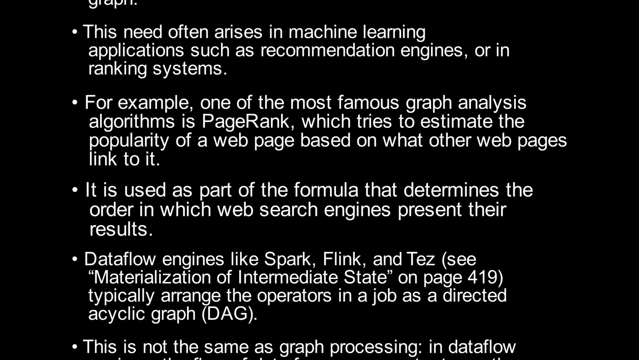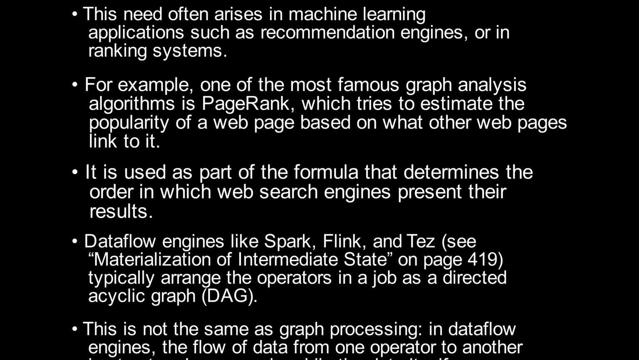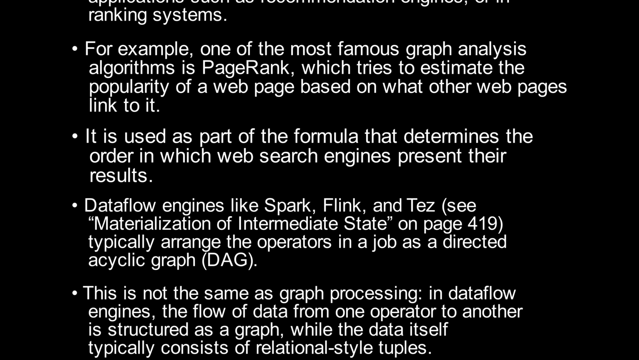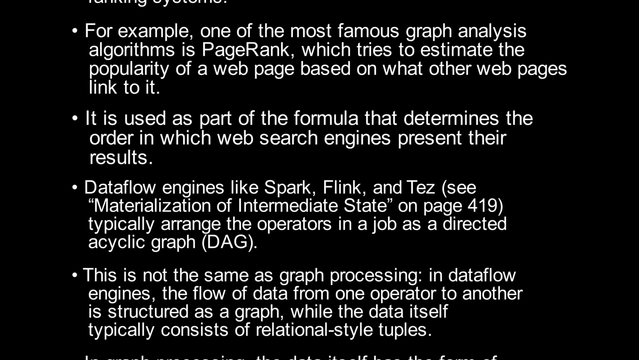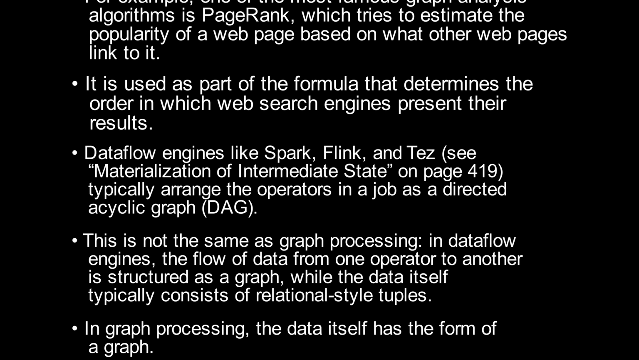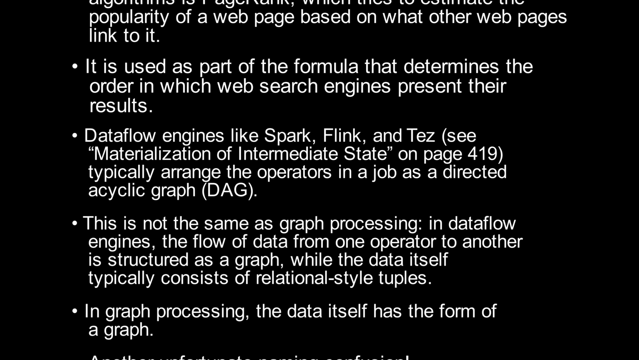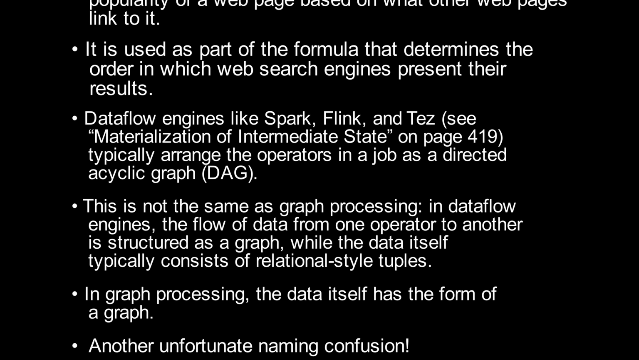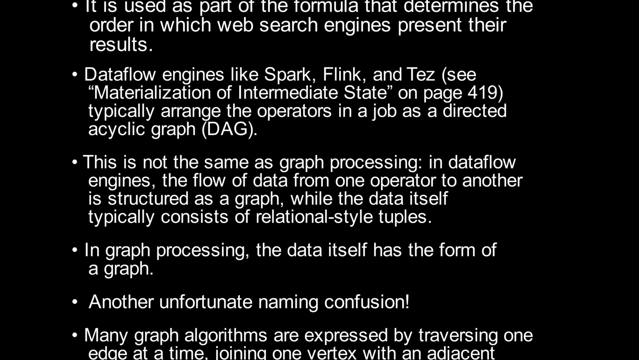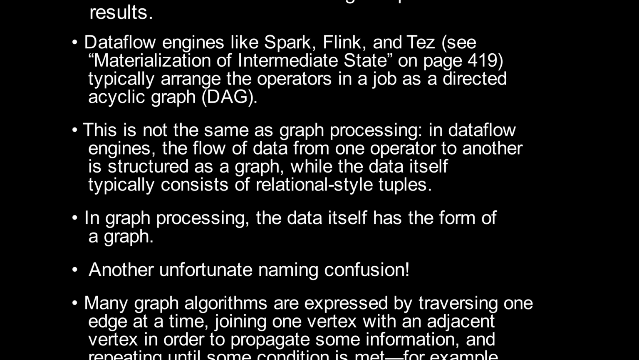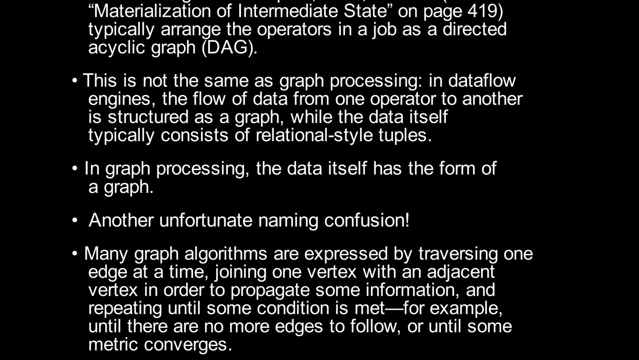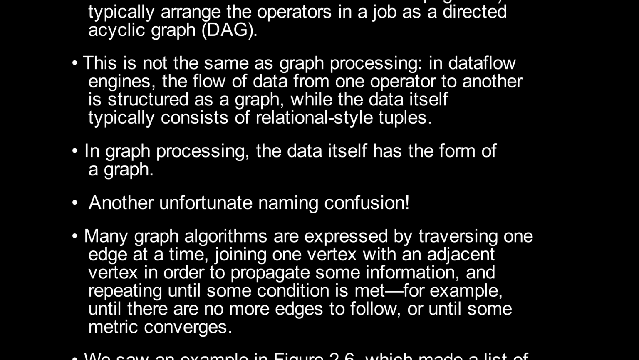Dataflow engines like Spark, Flink, and Tez (see "Materialization of Intermediate State" on page 419) typically arrange the operators in a job as a directed acyclic graph (DAG). This is not the same as graph processing. In dataflow engines, the flow of data from one operator to another is structured as a graph, while the data itself typically consists of relational-style tuples. In graph processing, the data itself has the form of a graph. Another unfortunate naming confusion. Many graph algorithms are expressed by traversing one edge at a time, joining one vertex with an adjacent vertex in order to propagate some information,